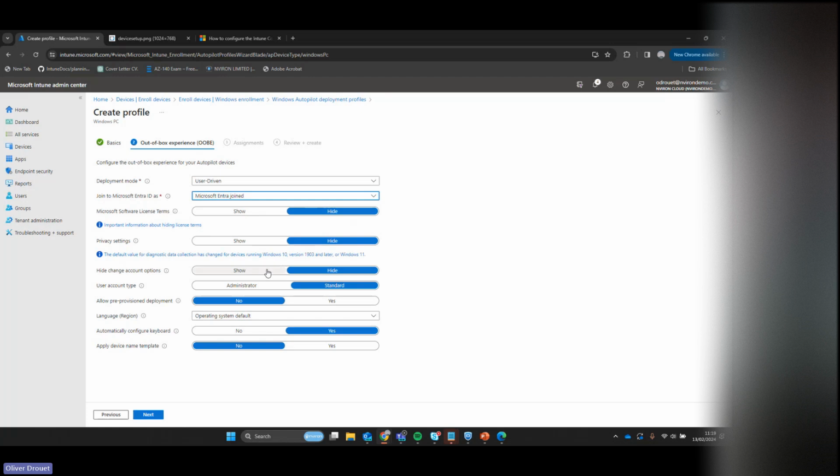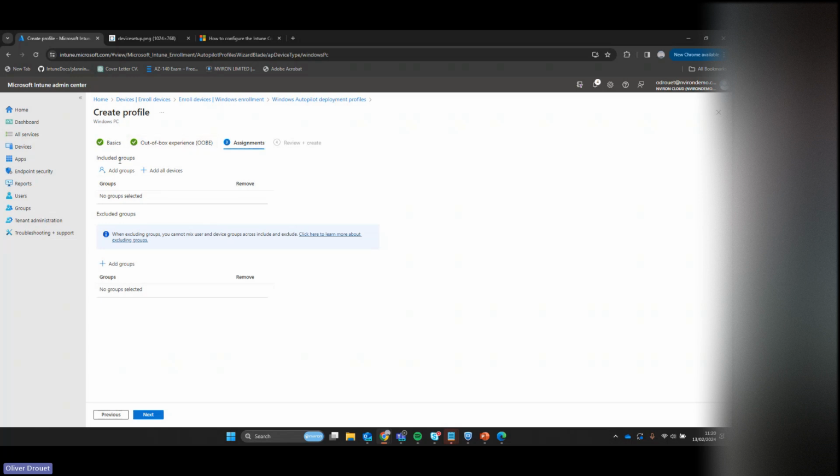You can also configure a couple of other settings here, which allows people to change their account options, whether you'd like to deploy an administrator account onto the device initially, or whether you'd like it to deploy as standard. There's a couple of options with regards to language and keyboard layout as well. Now, there's not a huge amount of options in the deployment profile config. What you guys have got to remember is this is essentially just that piece of configuration before someone is on their desktop. So what I'm going to do now is click Next, and I'm going to assign